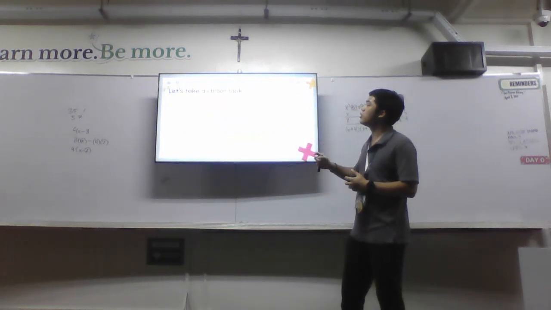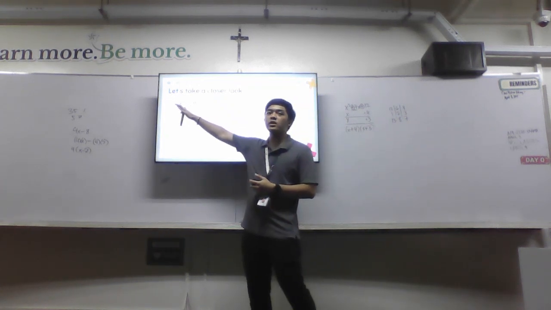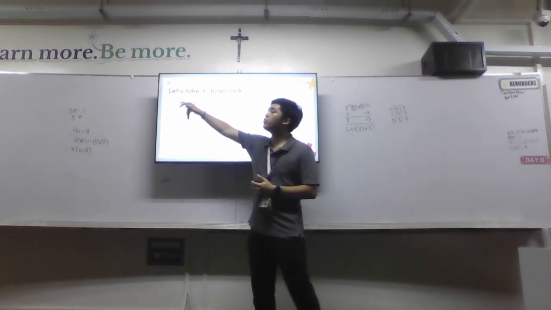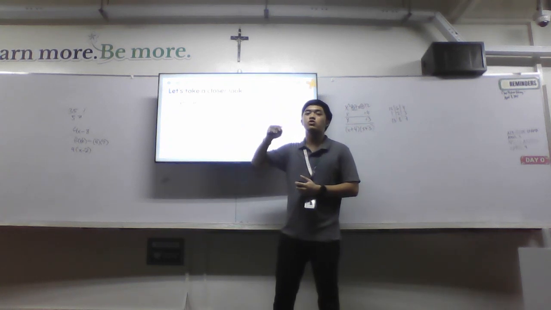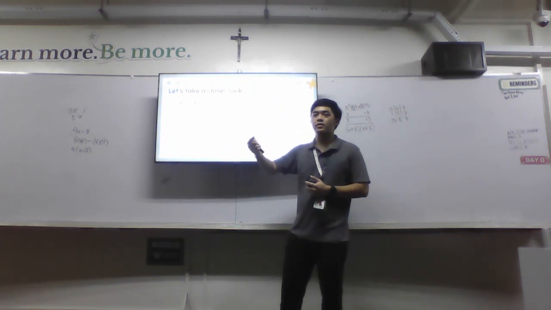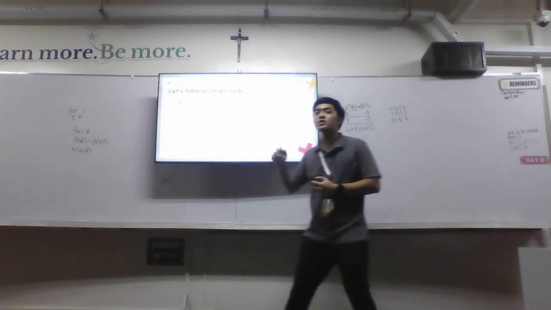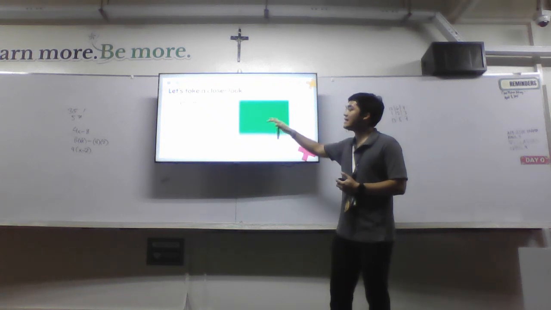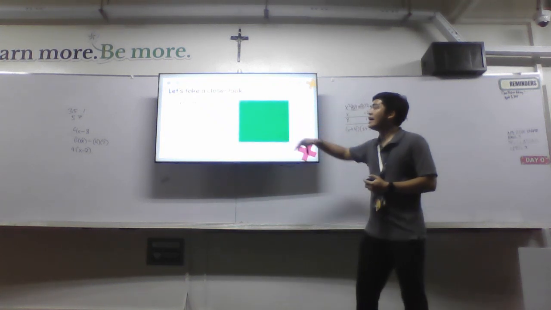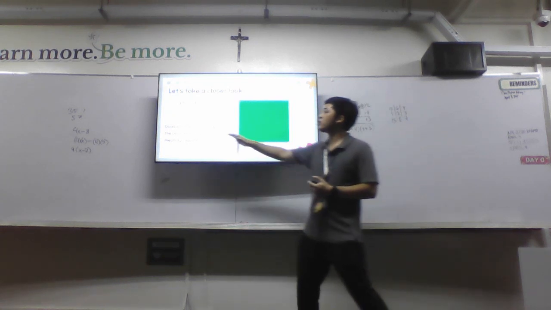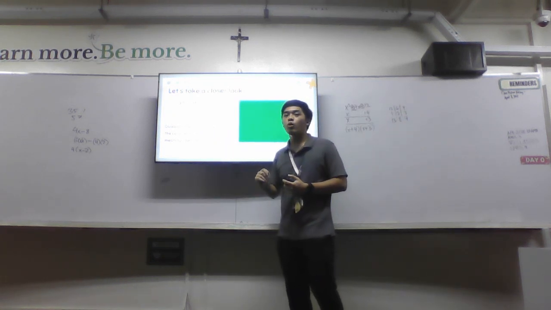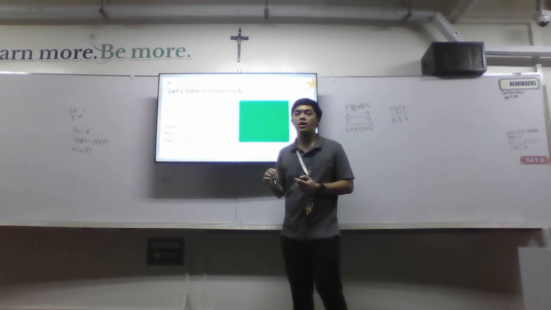Next, so let's take a closer look. How do we read x squared equals 0? How about just x squared? How do we read that? x squared. So what comes to mind? Squared. So okay, since it's squared, it must be a square. It's a square since a quadratic equation comes from the Latin word quadratus, meaning square.